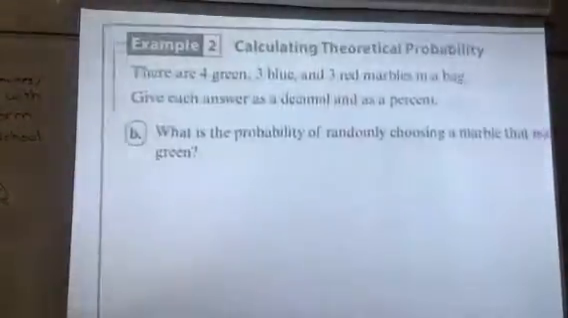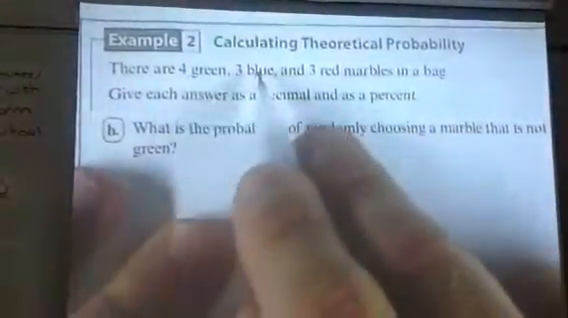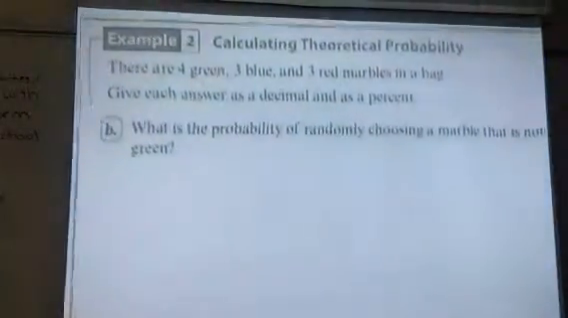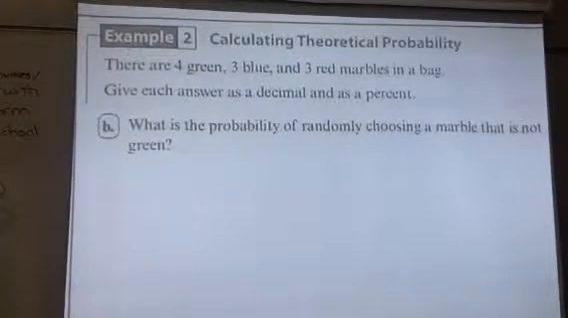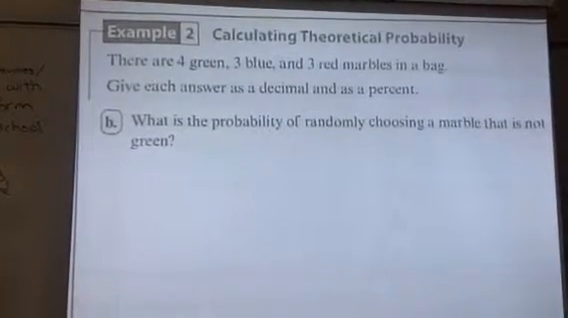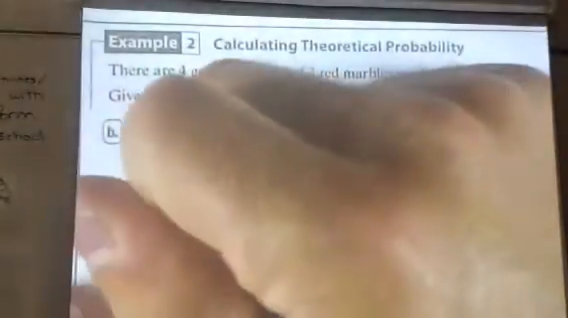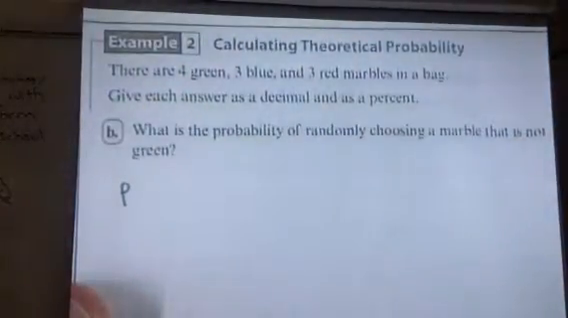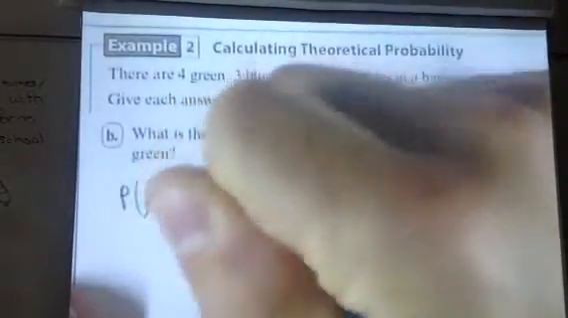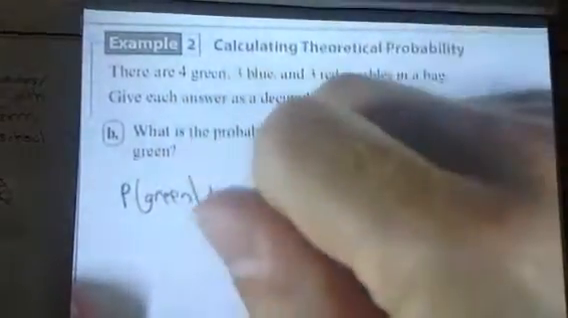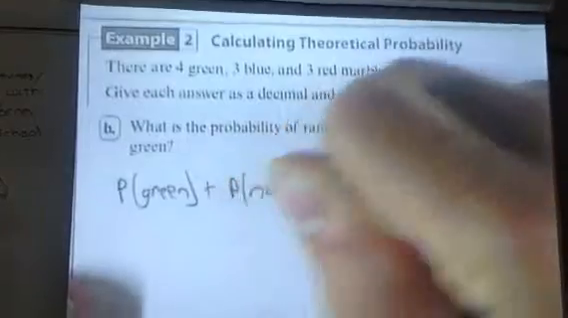On the back, what is the probability? Same thing, we still got 4 green, 3 blue, and 3 red. What's the probability of randomly choosing a marble that is not green? Okay, well, there are 2 different ways of figuring this out. What we know is that an event and its complement add up to 1. So we could do the probability of green plus the probability of not green